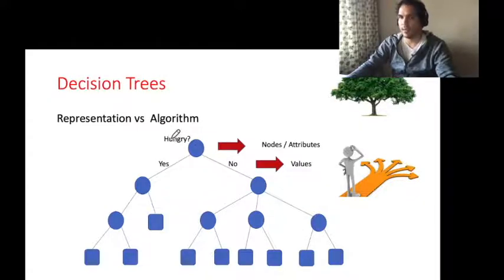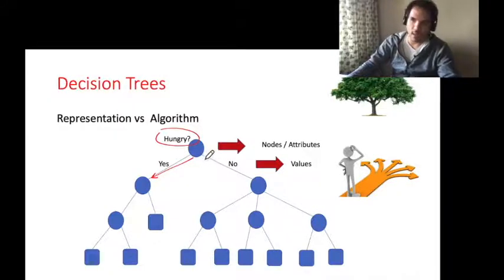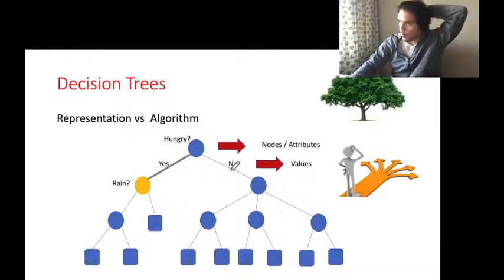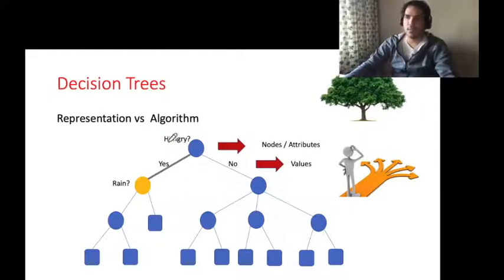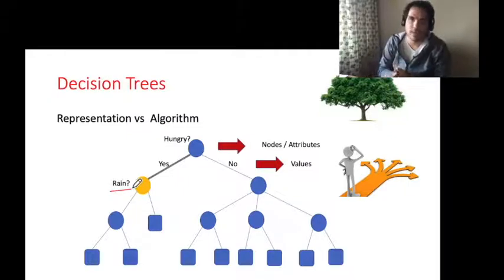Okay, so basically here we can say that for this particular feature, if we go in this direction it means that we are hungry, and if we go in this other direction it means that we are not hungry, and so on and so forth. Okay, so for example, if we decided that at that particular time we are hungry, then we have to evaluate the next feature, and in this case, the model that we have indicates that